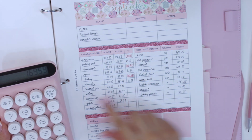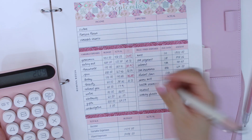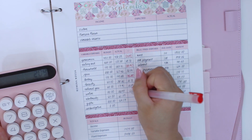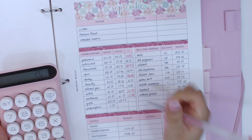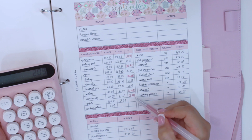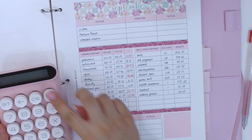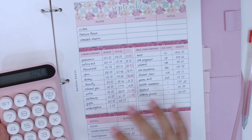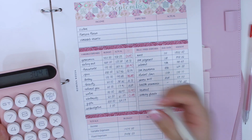I'm going to quickly write my variances here. So under by 209, over by 297, over by 159, which are really small numbers. I've been trying to budget a lot closer to the actual amounts that we've been getting, so this doesn't honestly surprise me because it's been going kind of up and down the past few months, and we haven't even been living here for a full year yet, so I've just been wanting to track that a little bit better, and I think I have for the past month. So for gifts we were under by